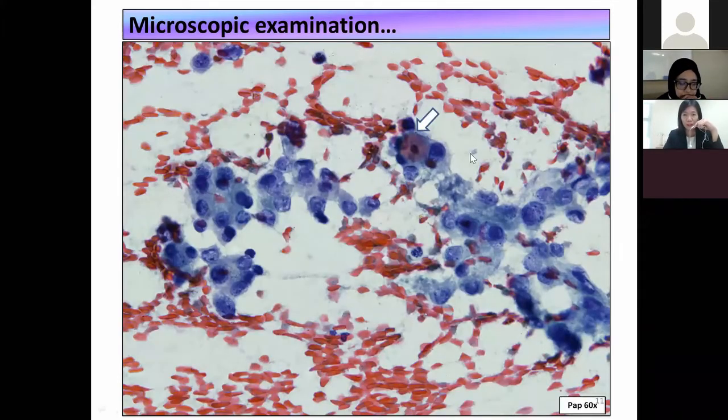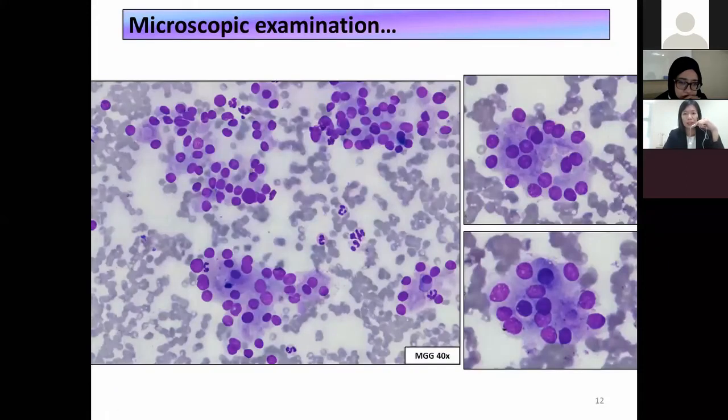At higher magnification, you can see there is inspissated colloid material. When you look at the nuclear features, typical nuclear grooves and intranuclear pseudo-inclusions are not very prominently seen. So, all right, this is MGG stain showing a microfollicular pattern, and at this magnification, you can